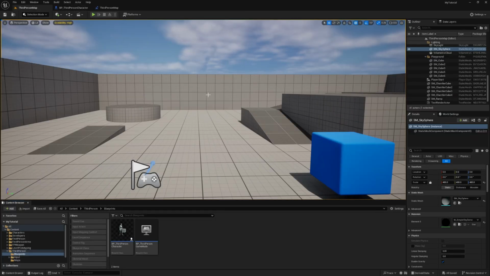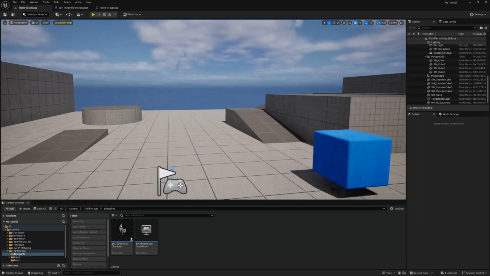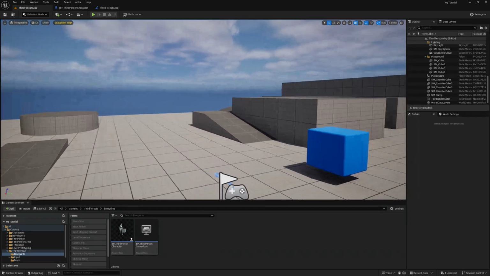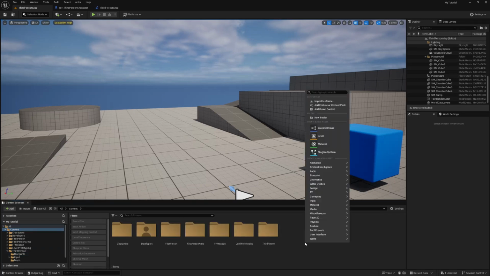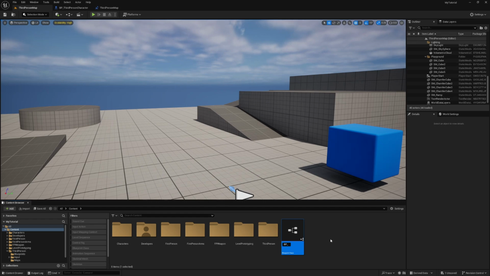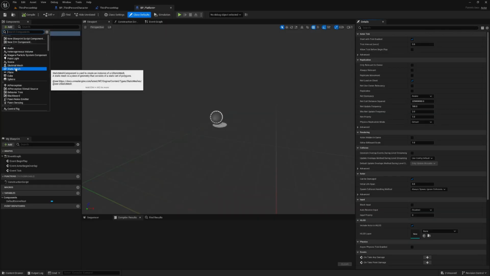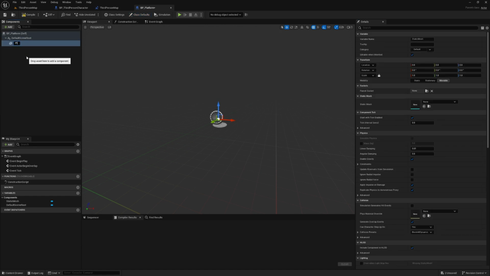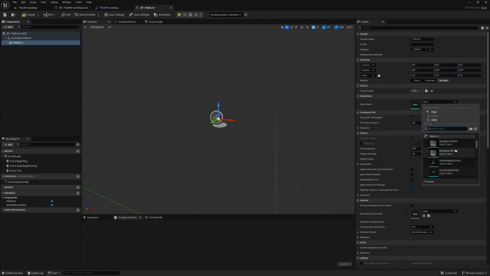And how we can do that is I can just delete this wall from the back here, and I'm going to create a new actor blueprint. So I'm just going to go to the content folder here and create it inside the content folder. I'm going to right click and go to blueprint class and make an actor. And I'm just going to call this BP underscore platform and open this up. And straight away, I'm going to add a static mesh component and I'll call it platform. And then I will grab a cube,